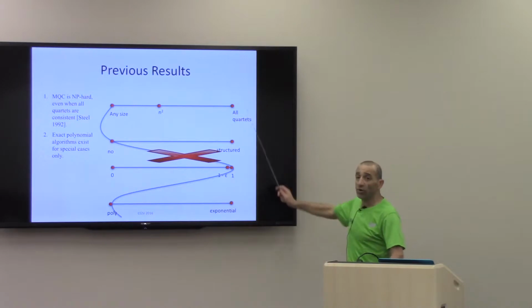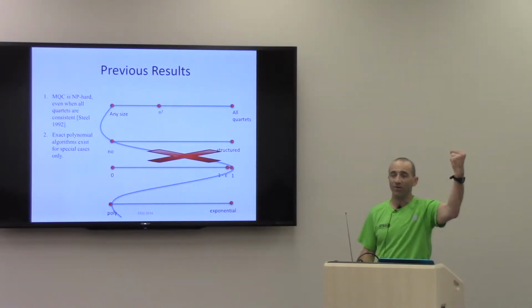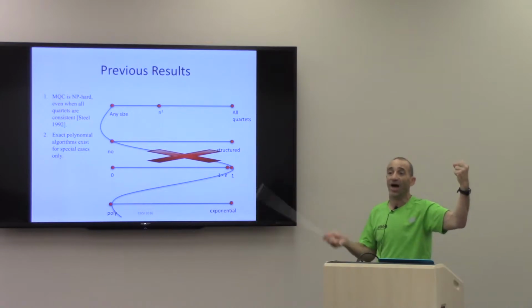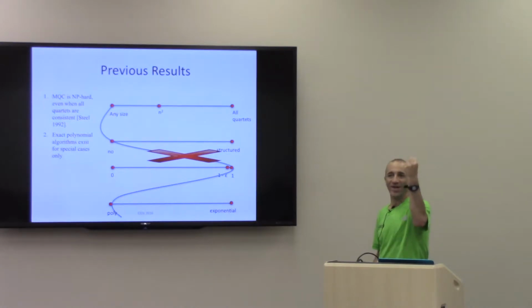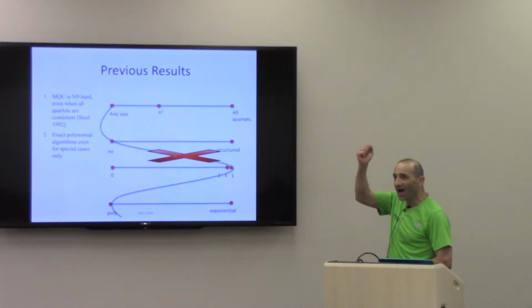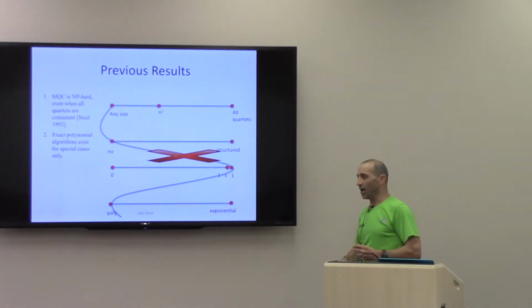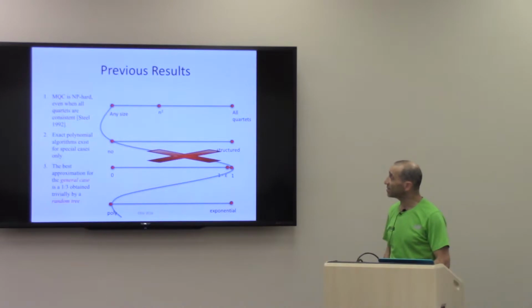Well, if we have all the quartets, for example, and they agree, we have an algorithm. Even more general than that, if we have all the quartets for one taxon with all the other taxa, or any taxon that appears in all quartets, we can root the quartets on this taxon and then have a triplet instance, a maximum triplet instance. So this is something.